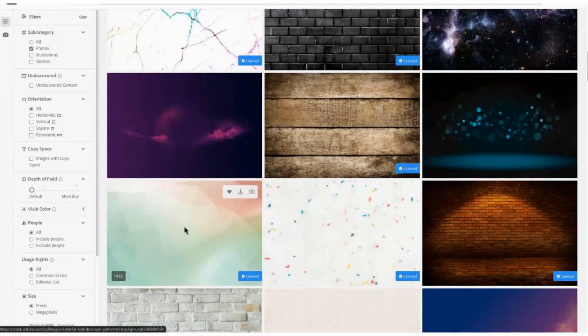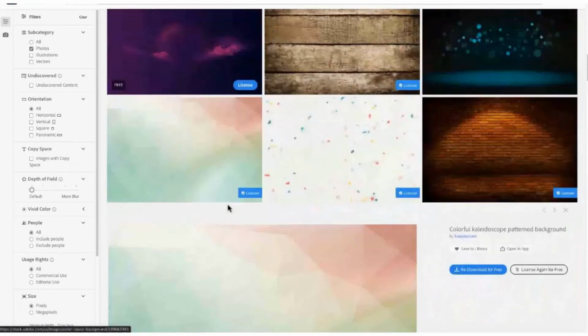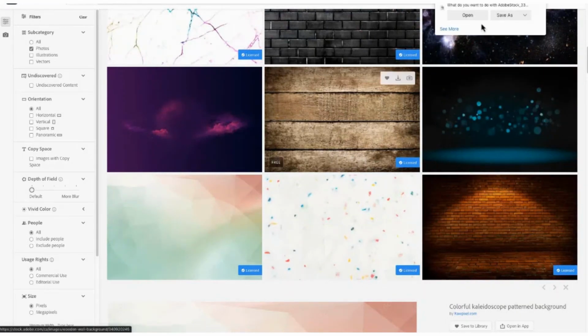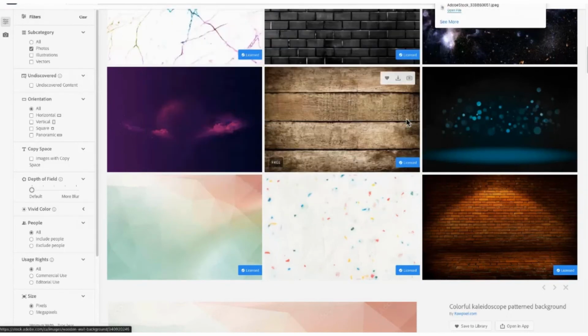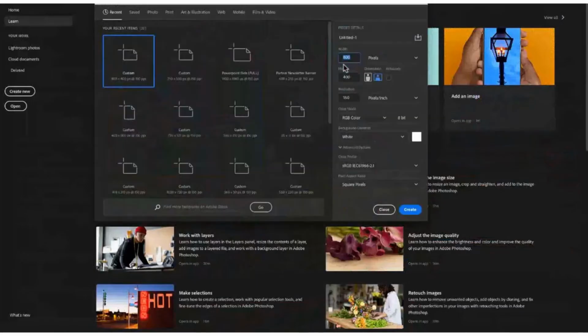What I tend to do, for those that are interested, is either download it for free or add it to my library. So I'm just going to hit download. We will save this, and I'm just going to save this on my desktop as Adobe Stock. Then I'll go to Photoshop. I'll create a new image. I usually use something like 1920 by 1080,